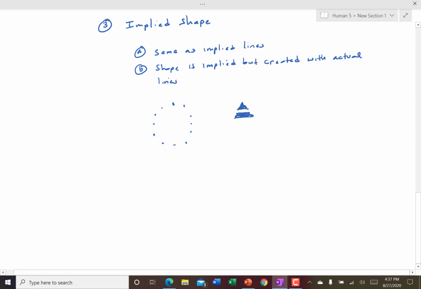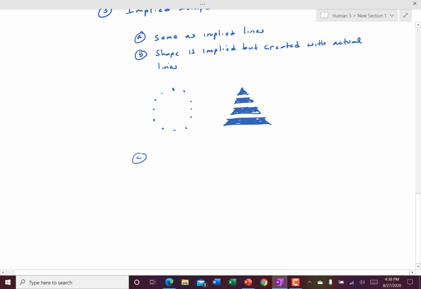These are simple examples here, so you don't spend your time watching me for 10 minutes try to do something more elaborate. But you get the idea, and this is what's interesting with implied shapes, and I'll write this down in just a second, is that implied shapes can be made up